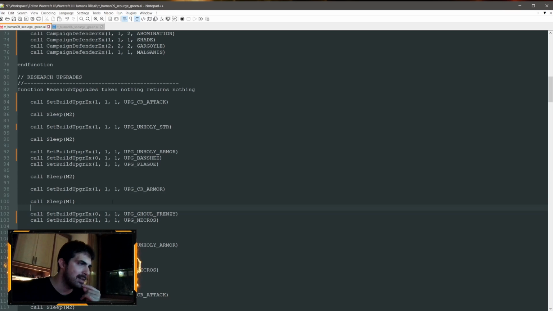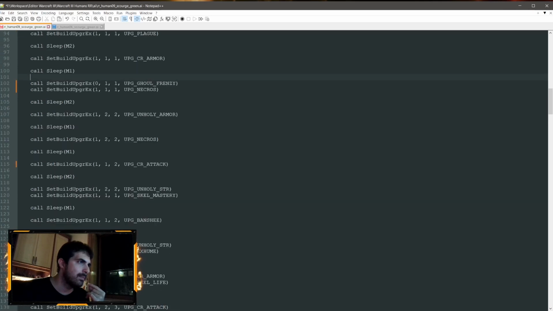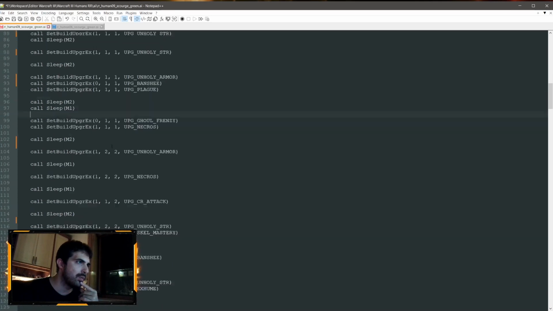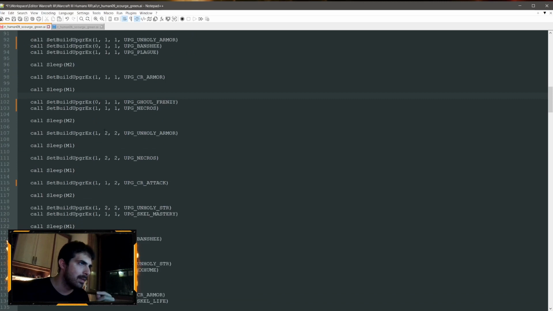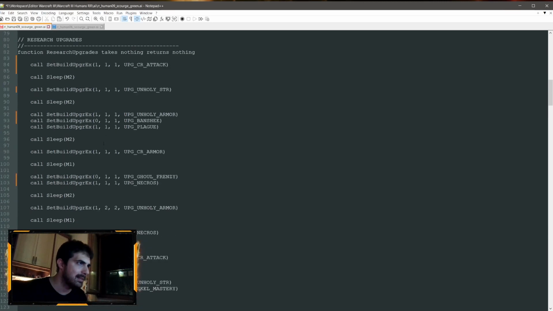Upgrade Ghoul Frenzy to normal, and I can remove something else. Maybe. What can I remove? Exhume. What is Exhume? I could do something like that, and add also the Banshee here, and this should be fine. Okay,